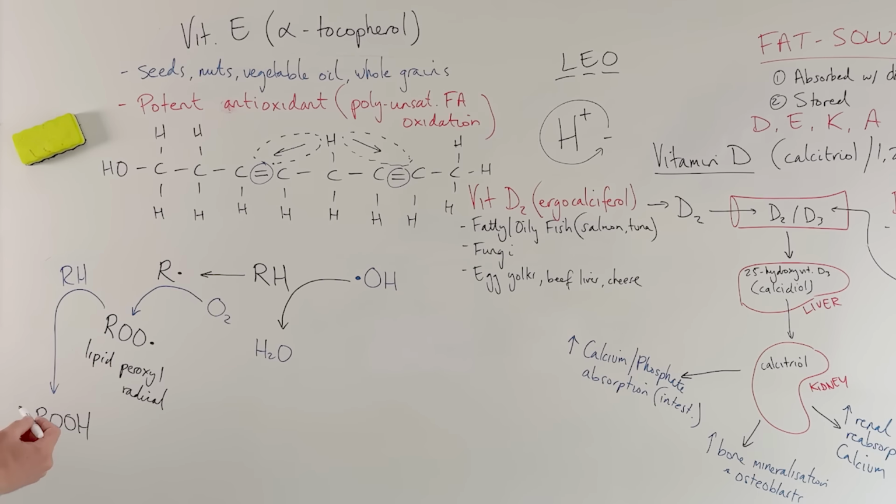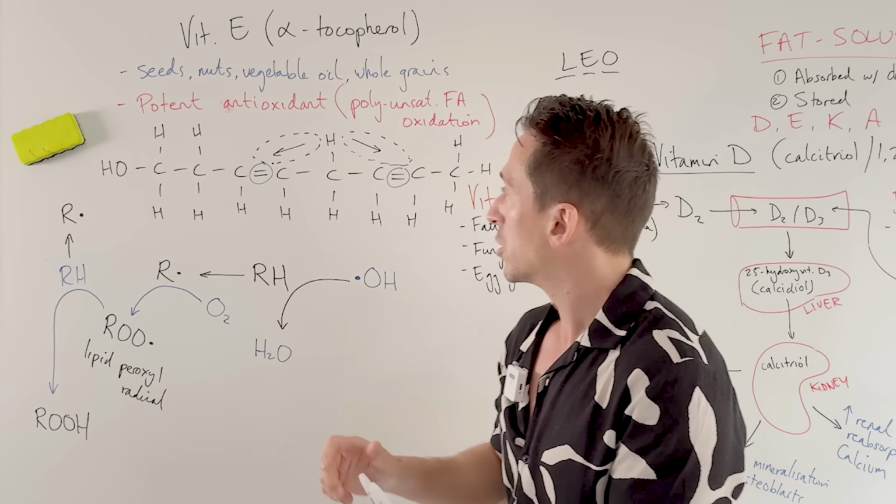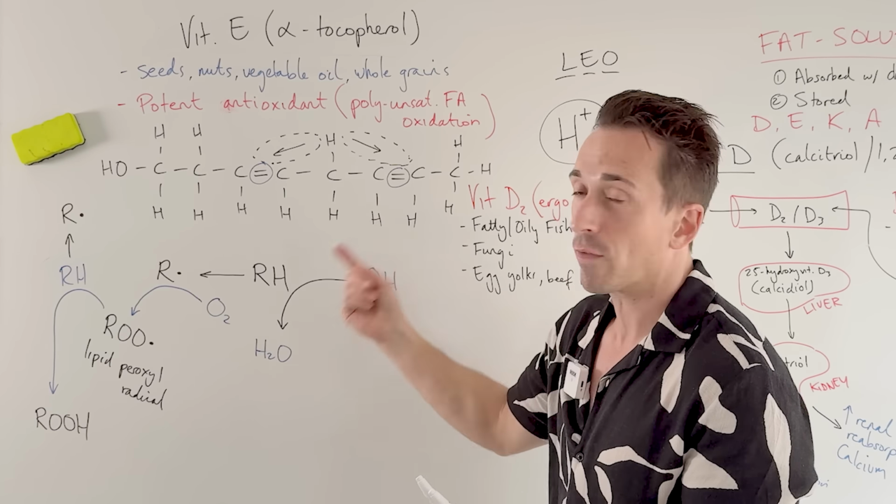And what has it produced? What do you think it's now produced? It's now produced another radical. So the offshoot is another radical. Now, what do you think is going to happen? It's going to get oxygen again, and it's going to steal more hydrogen. So the whole process starts over and over and over again. And what this is called is lipid peroxidation. So lipid peroxidation happens over and over again.